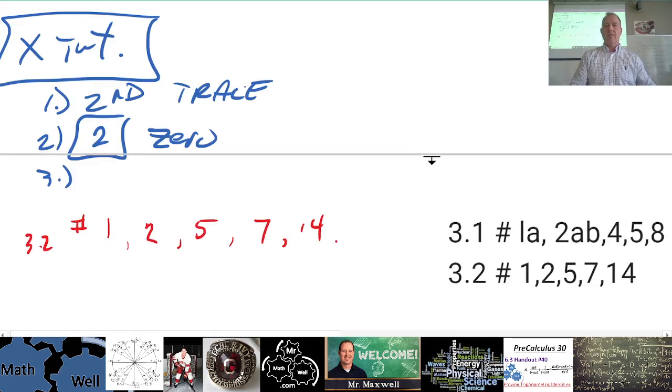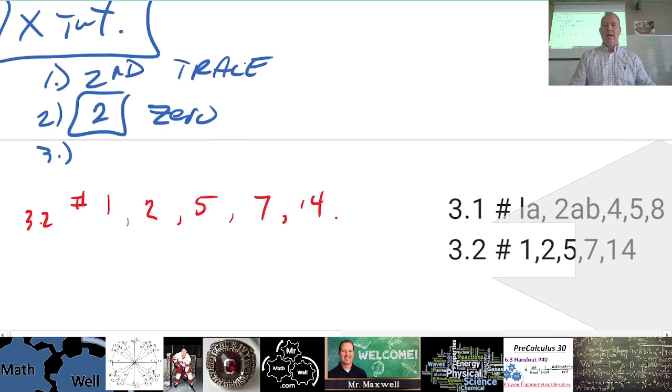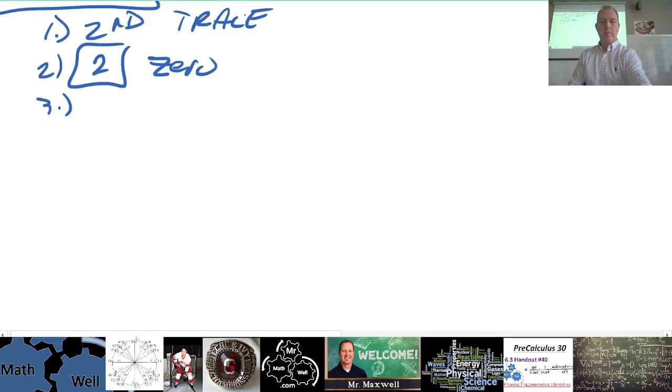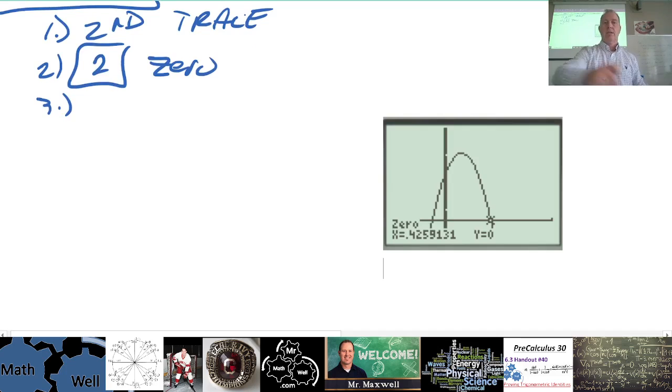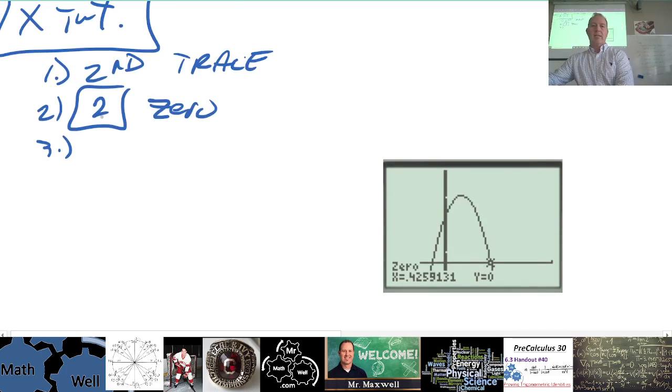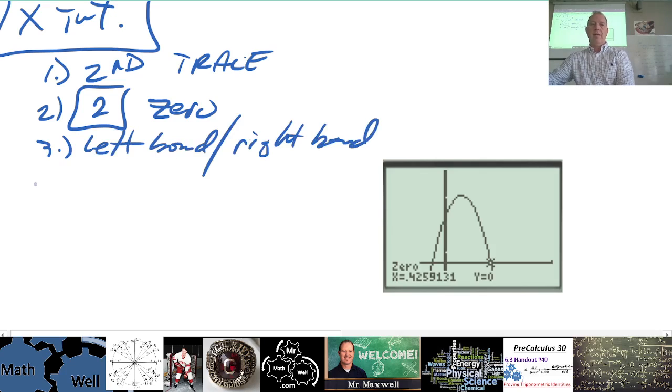Okay? So that's how you find the vertex and the x-intercept. Let me throw that down there. So second function, trace, number 2, zero. So it'll be left bound, right bound, just like we did before, and then just guess again. And it'll show you the zero. So the x-intercept here is